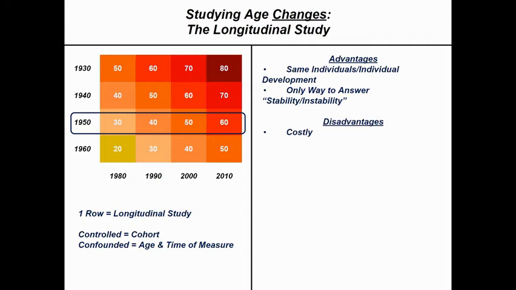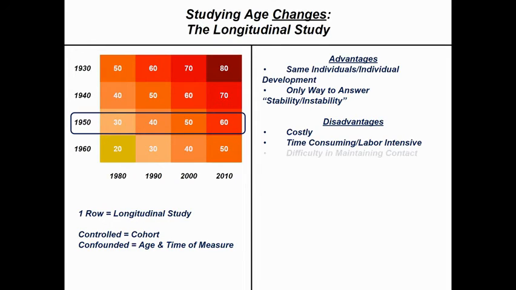Take a look at that 1950 group if we're running them from 1980 to 2010, right? So that's 40 years essentially that we would be running this study, and you've got to pay for stuff, right? Even if they're taking surveys, you still have to get postage and send it out to them and have research assistants and labs. It's expensive, very time consuming, right? If you are planning on doing a study like this, this is your life's work. This is 40 years worth of data collection to be able to explain the developmental behavior, developmental psychology of